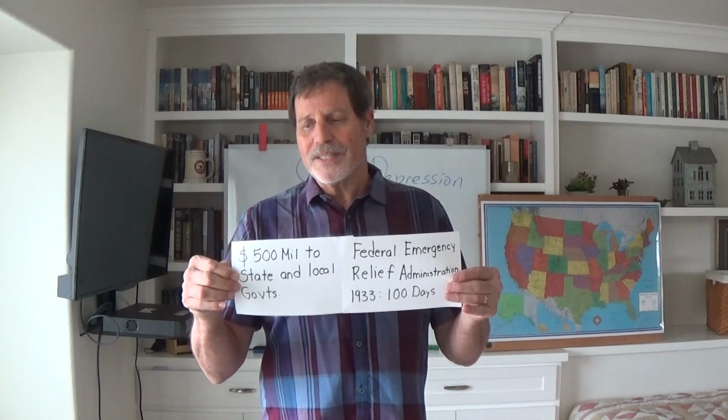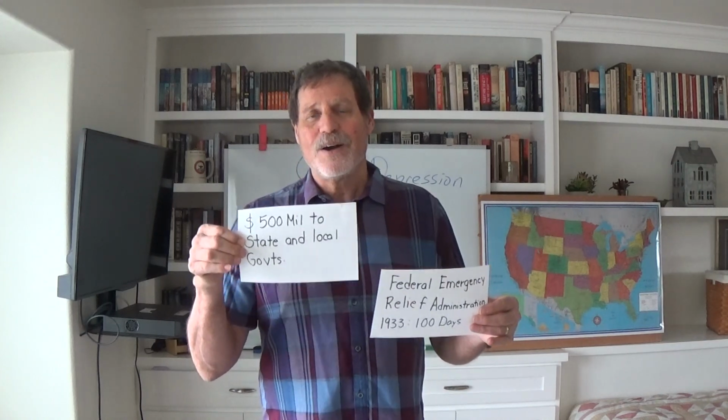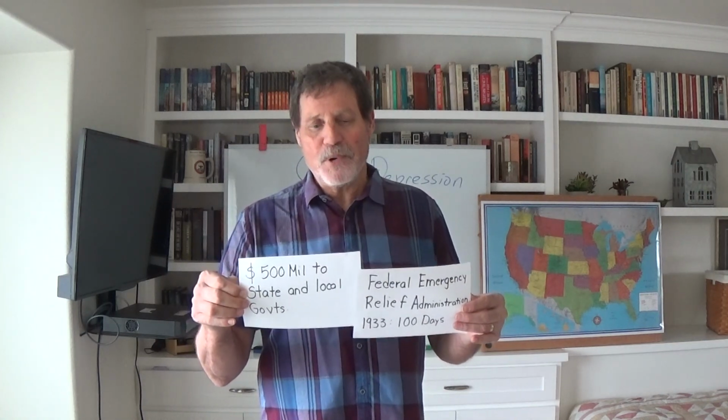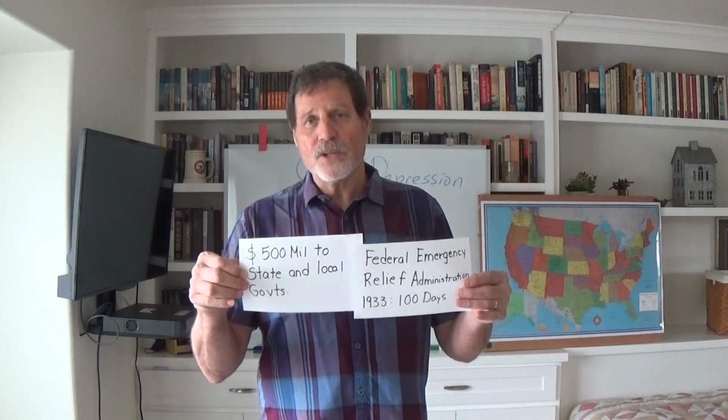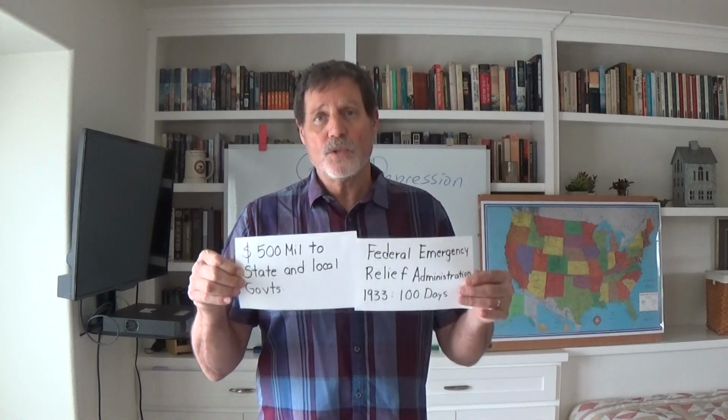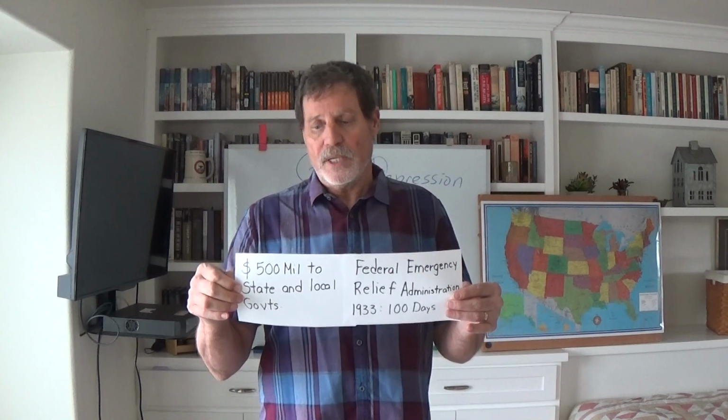The thing that's impressive to me about this, the reason I want to tell you about it, is that Congress appropriated $500 million. The critical thing of that moment was that it is the largest check our government had ever written up until that point. And this was going to be $500 million to go to the state and local governments so that they could use that money to help those who are suffering, those that were in need. And there will be, of course, follow-up checks associated with that.